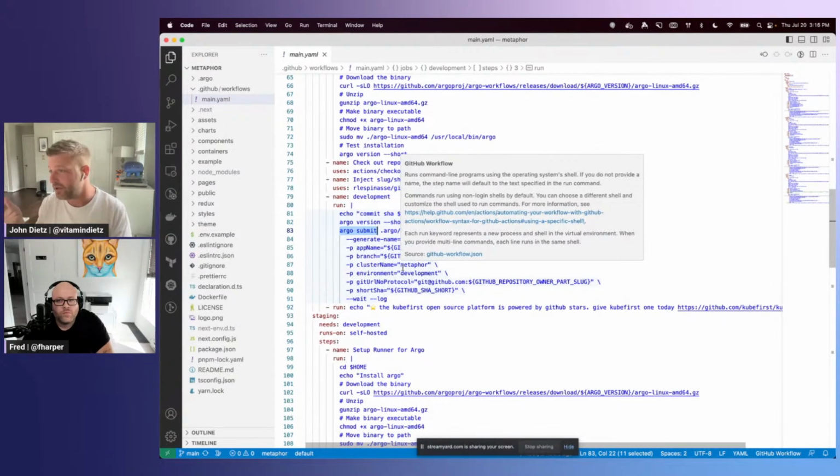Basically, all you have to do is take this charts directory, take the .argo directory, and take the .github directory, and just copy them in, and change the word Metaphor to whatever your application name is. And it's going to build and it's going to deliver to dev, stage, prod the exact same way Metaphor does. It's a really frictionless way to get automation in, and it puts the ownership of the automation in each individual